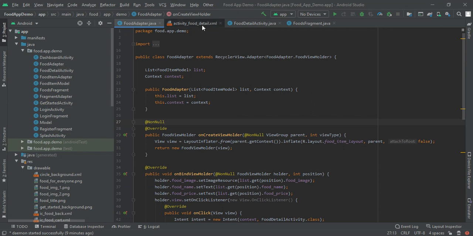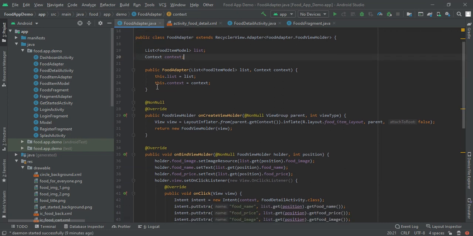First of all, move to your adapter and write a new context. In your food adapter constructor, add a new context parameter, and then write this.context = context.